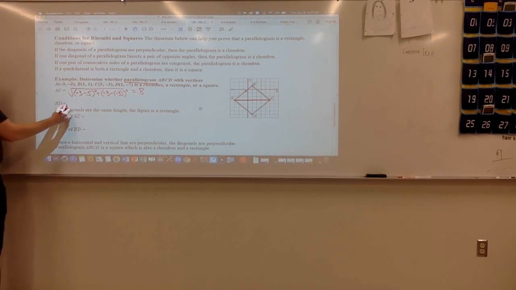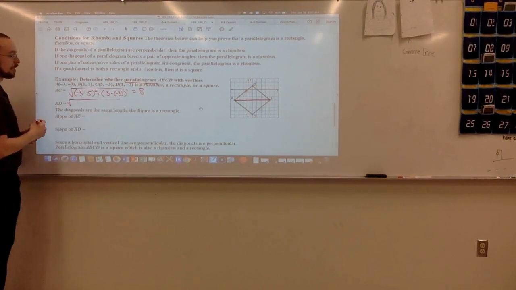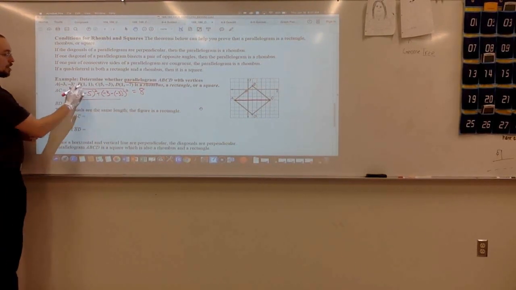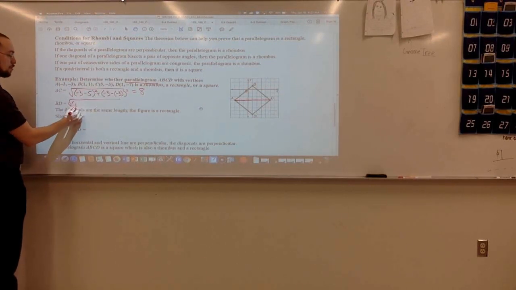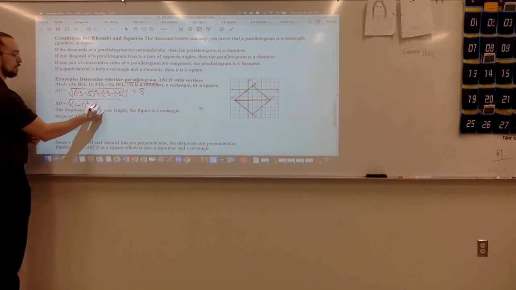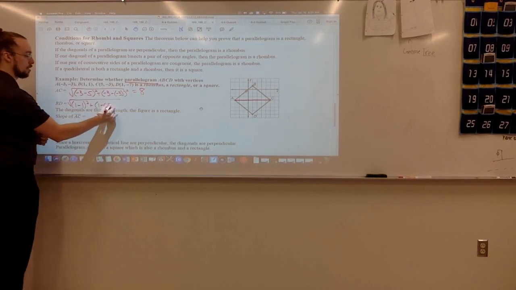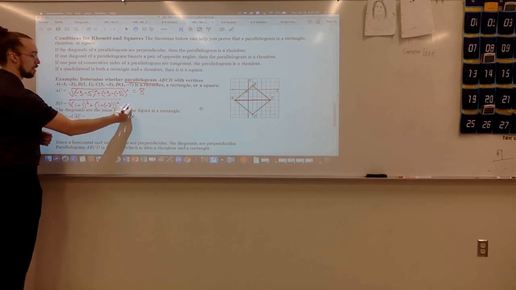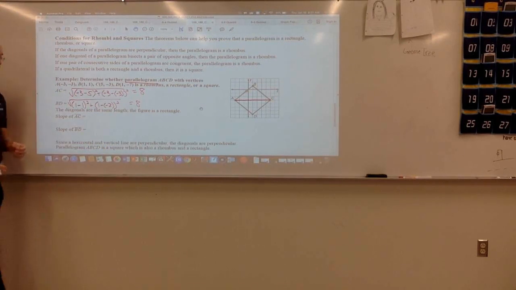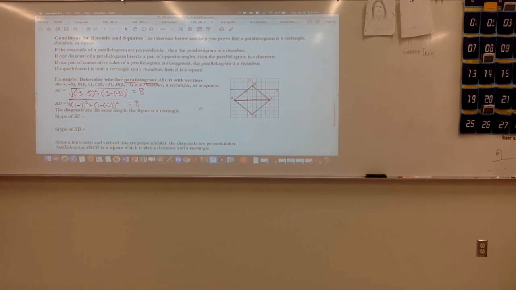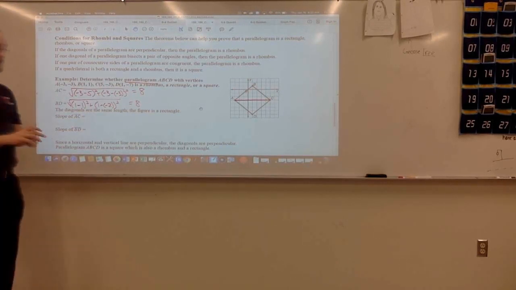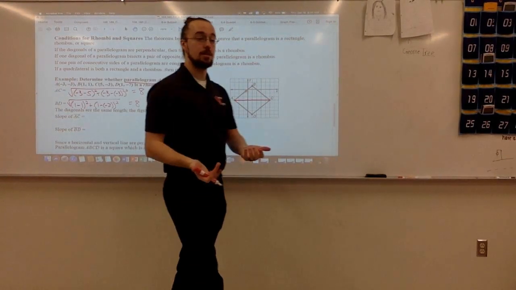For BD, we want to do the same thing. Find the length. So x2 minus x1 plus y2 minus y1. And again, that's going to come out to 8. So the diagonals are the same length. That automatically tells us it's a rectangle,